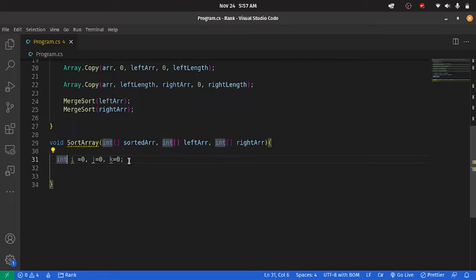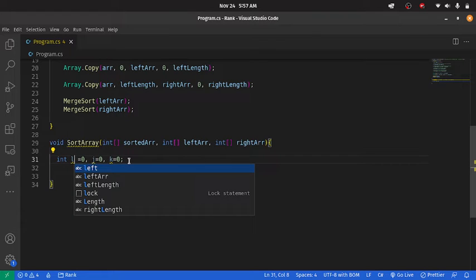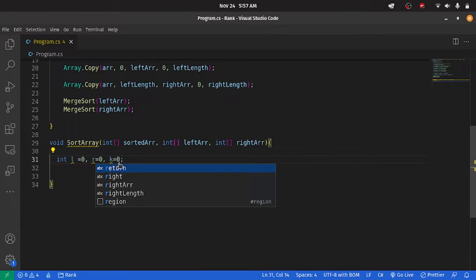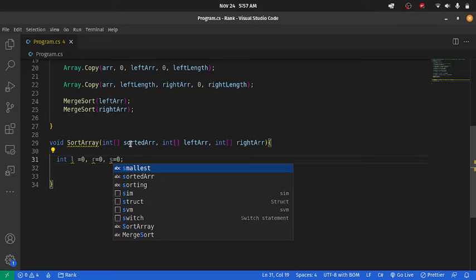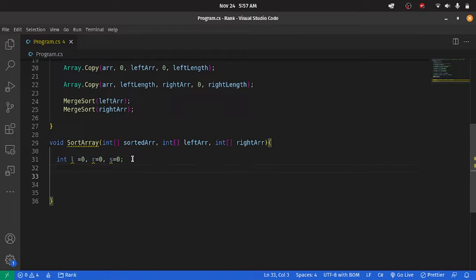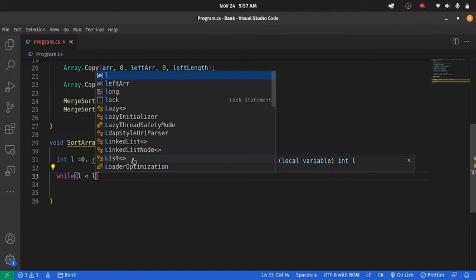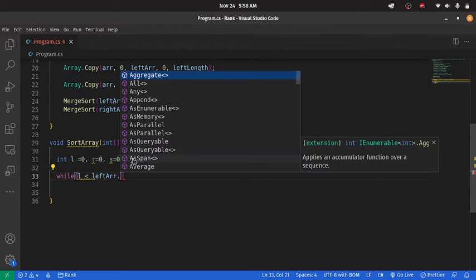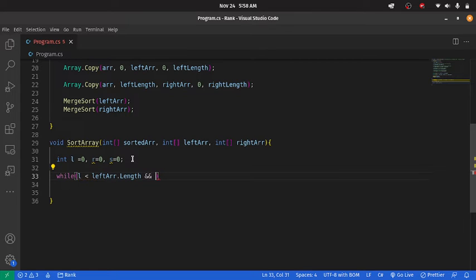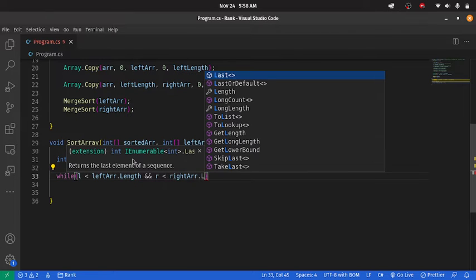In fact, this is for the left array, so we can just say L, and this is for the right array, R. This index is for the sorted array, S, to make things a little bit simpler. So what are we going to do now? We're going to say while the left index is less than the left array dot length, and the right index is less than the right array dot length,